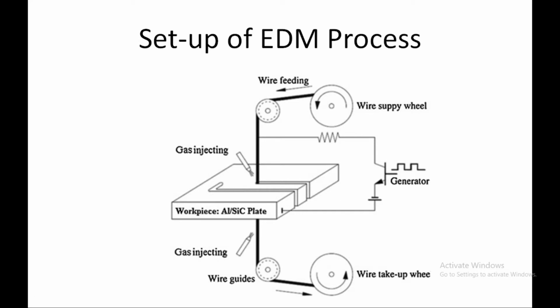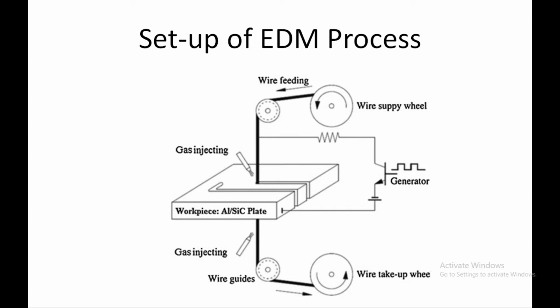Next, how does it actually work? Here, in this workpiece there is a previously drilled hole. Through that hole, we pass this wire and connect it to the wire take-off wheel. Then the negative terminal is connected to the wire, and the positive terminal is connected to the workpiece surface. The program for whatever profile you want to manufacture on the workpiece is fed to the table itself. According to that, the table starts moving and generates the profile over the workpiece surface.